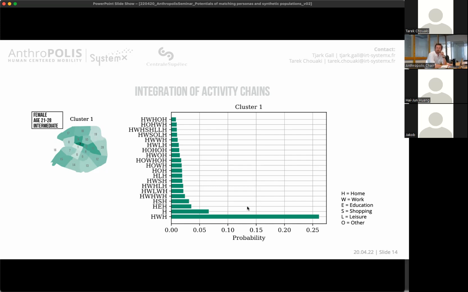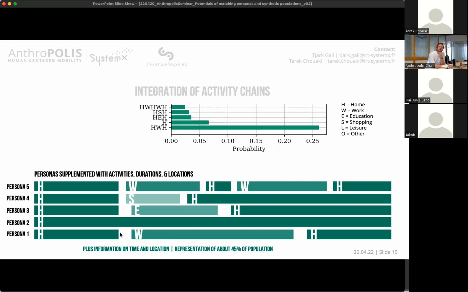All right, what does it mean for us? For personas, it's super interesting because you can take these. If we take, for example, the 5 most common ones, we can supplement and assign or attach this information to the personas. So if we develop 5 personas, or if we assign 5 personas from the cluster which we took here, we can say, well, all of them are at home, but we can take a specific home, a home which is spatially located. They have certain activities which start at certain times. So it's not just that they go from home to work to home, but also when they do it and where they are located. And with that, we can represent already 45% of the population.